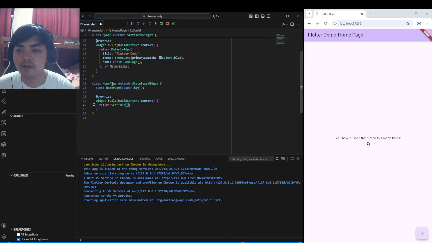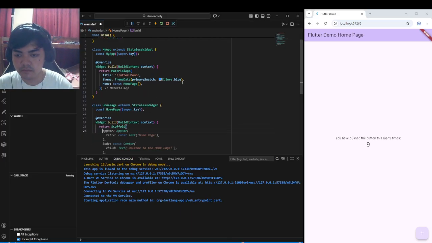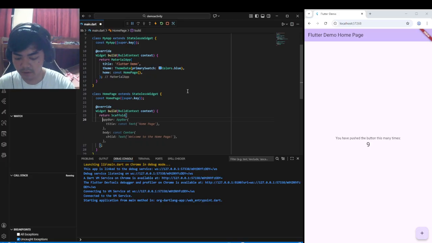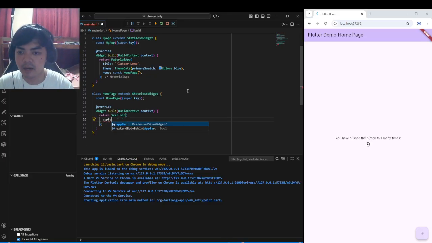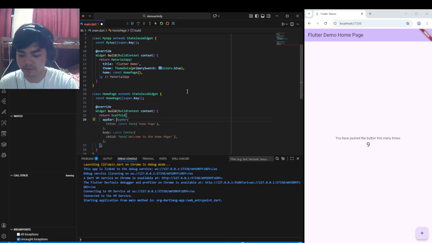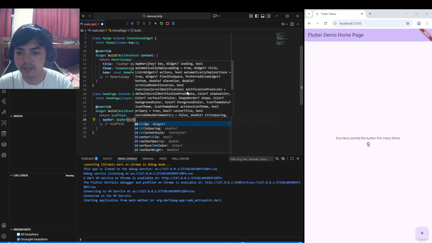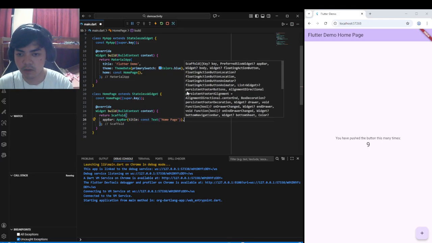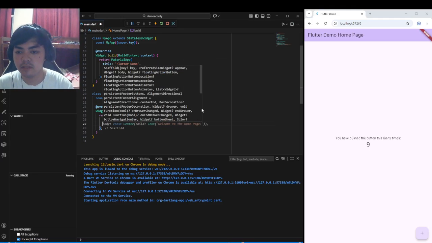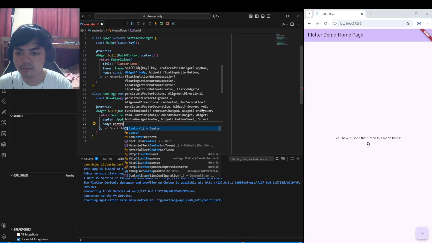Our content in our home page: in our scaffold, we're going to add an app bar, which is the upper navigation bar, and we're going to title it Home Page. Here we go. And then our body, which is center.